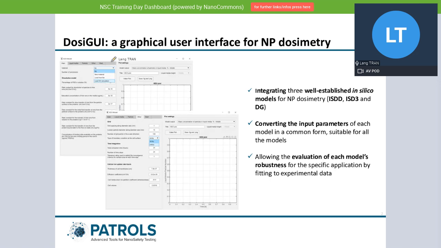So there's nothing better than a graph, and you can see to the left here, you can have all your parameters that you can easily input in here, and to the right, you can see a graph. The x-axis is time, and the y-axis is the concentration on the cells. So you can see that it will be building up over time.